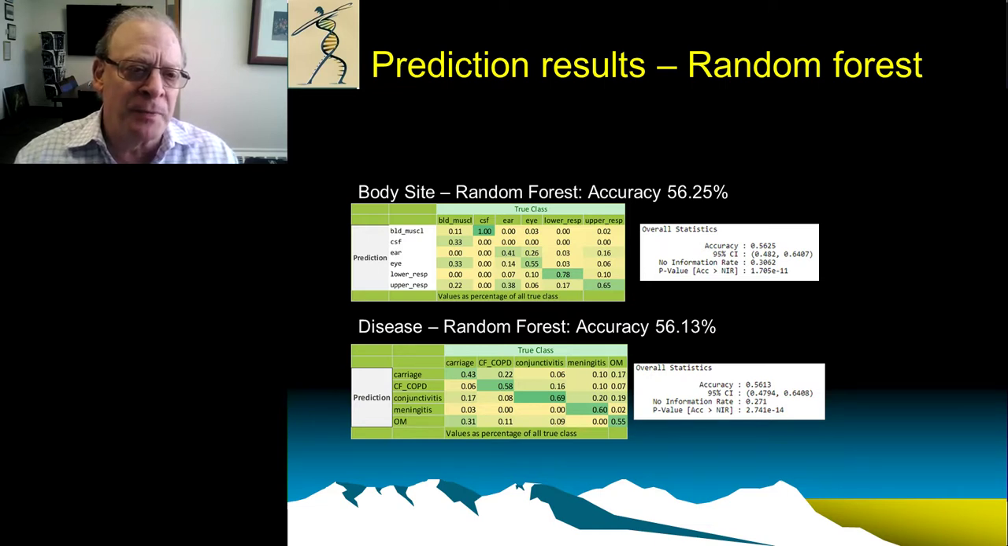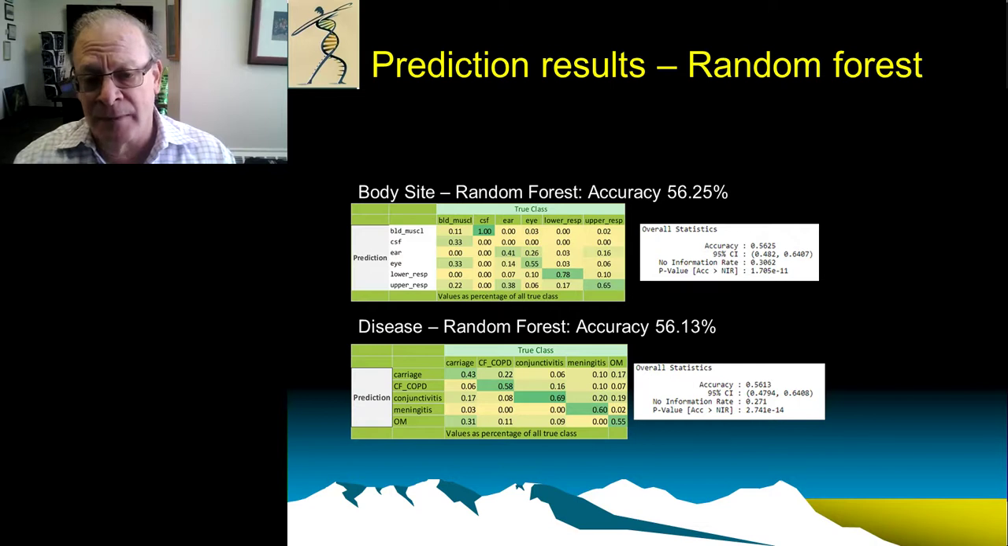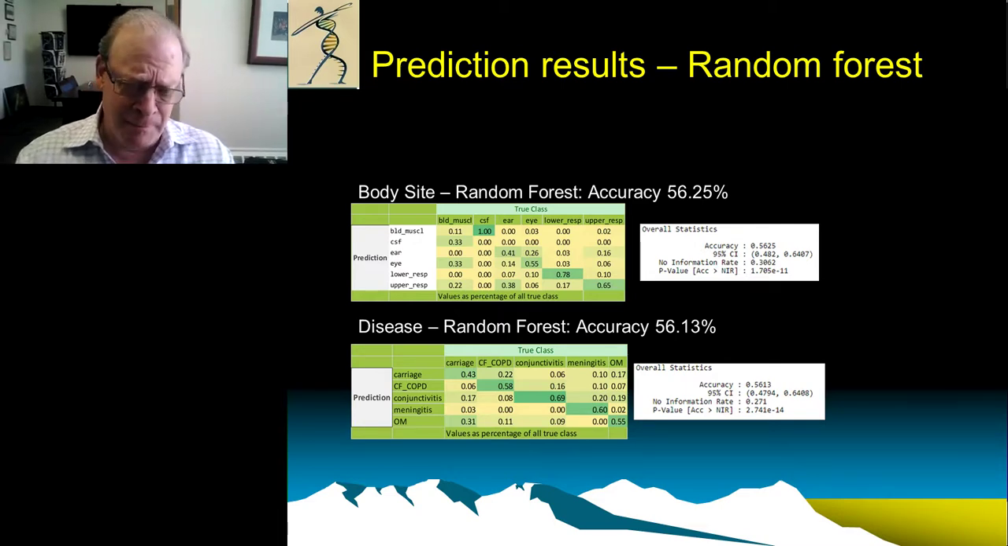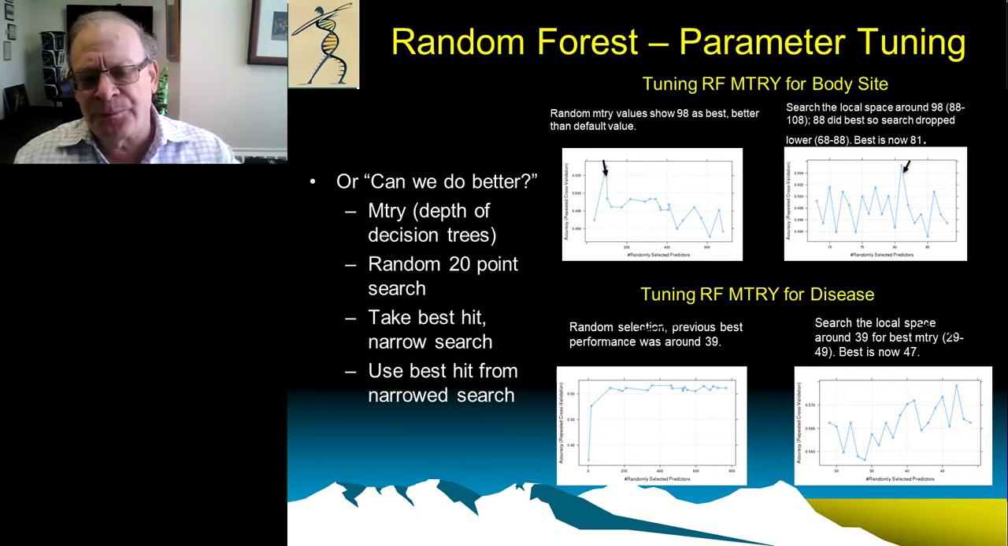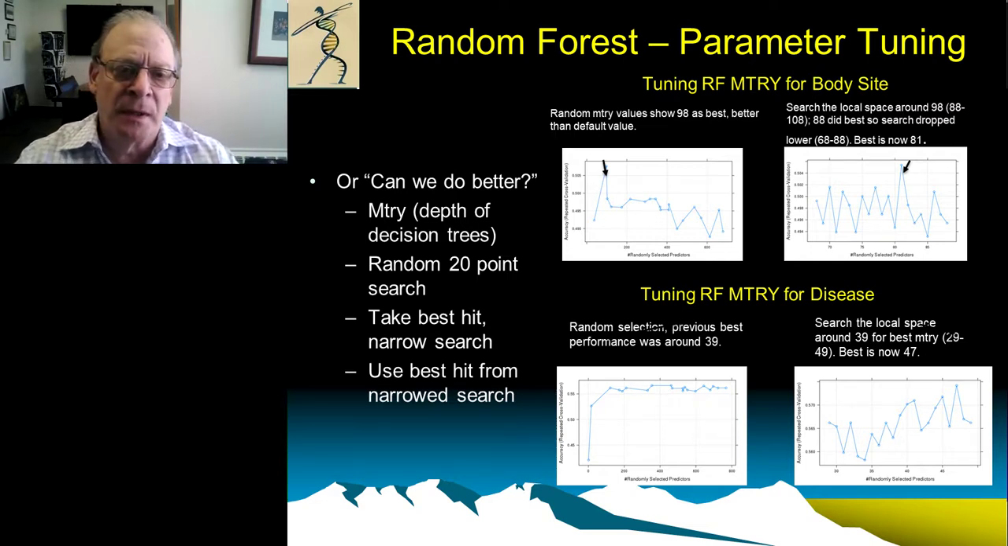Using a random forest approach, based on body site, we were able to get an accuracy of 56%, so that's almost 3 times better than just random guessing, and almost the same accuracy for disease type. By parameter tuning, however, of the random forest, where we looked at the number of layers of trees, if you will, that is how deep the forest is,